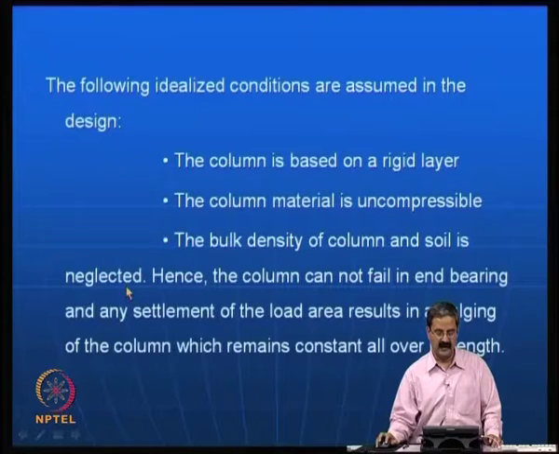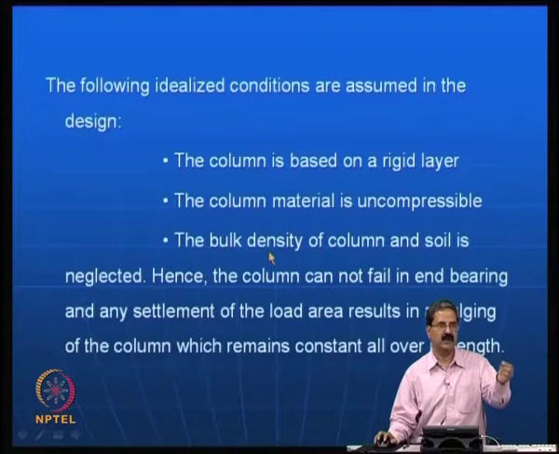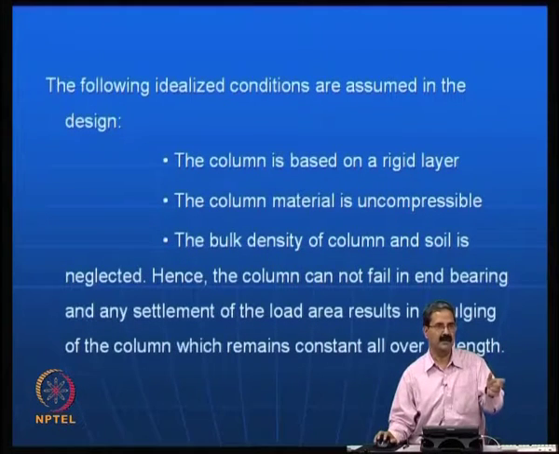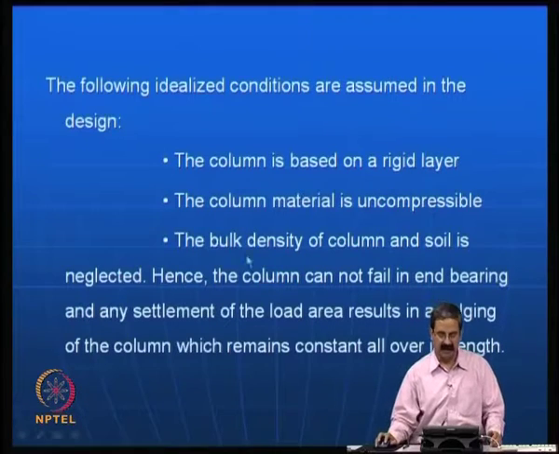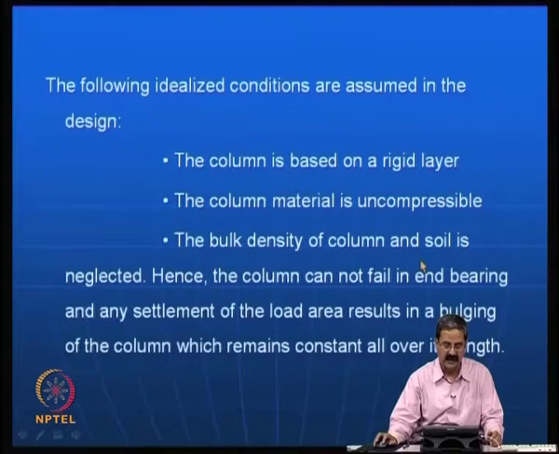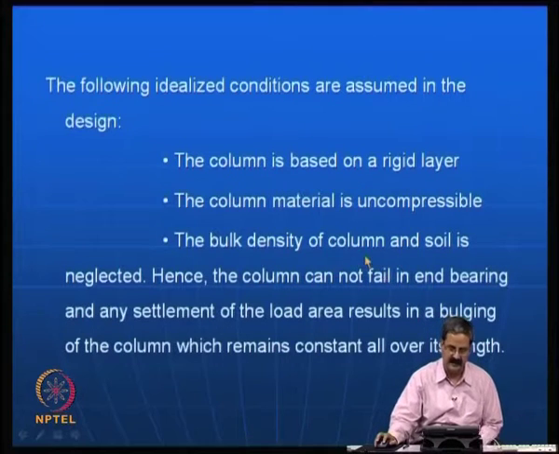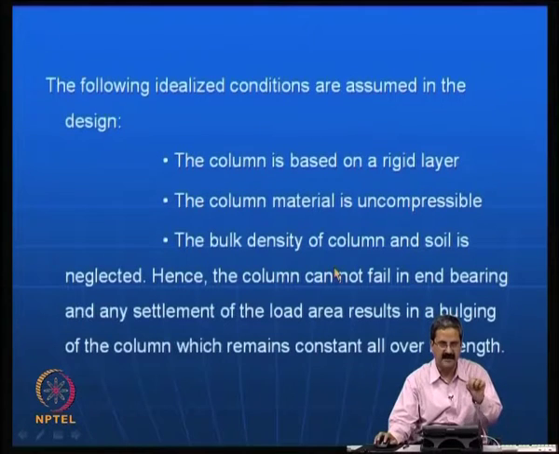In some other methods, like limit equilibrium methods, we want the bulk density of the soil, gamma b, but in this case we do not use that. It comes later in some form, but these are some of the assumptions. We make some assumptions, we propose a theory, and we correct for all the small things which are supposed to be critical.